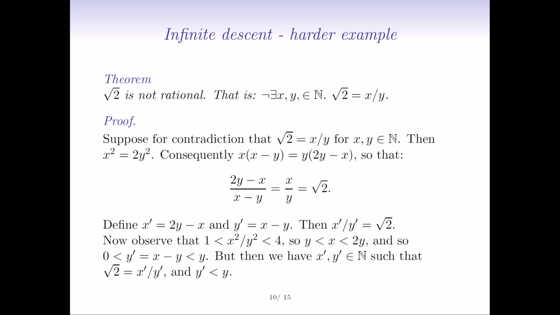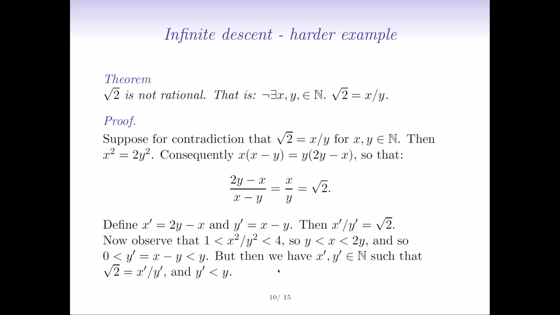And so I would have a counterexample with a still smaller denominator. And by repeating this reasoning, I would find an infinite series of counterexamples, such that I can write an infinite number of ways of writing the square root of 2, such that the denominator of each way of writing it is smaller than the last one. Now, again, that gives us an infinite descent on the denominators, which are natural numbers, and that's impossible, so we